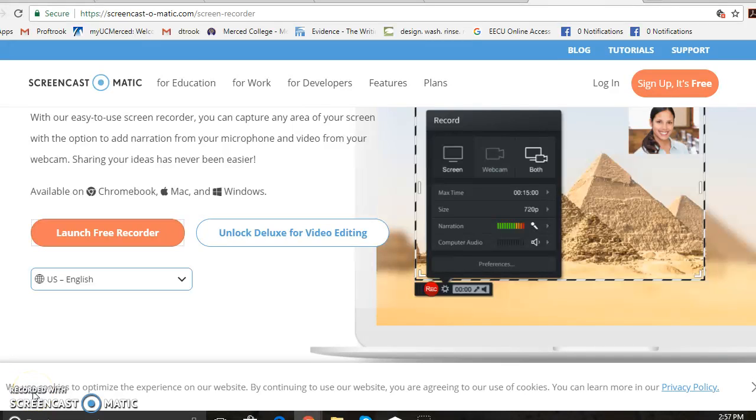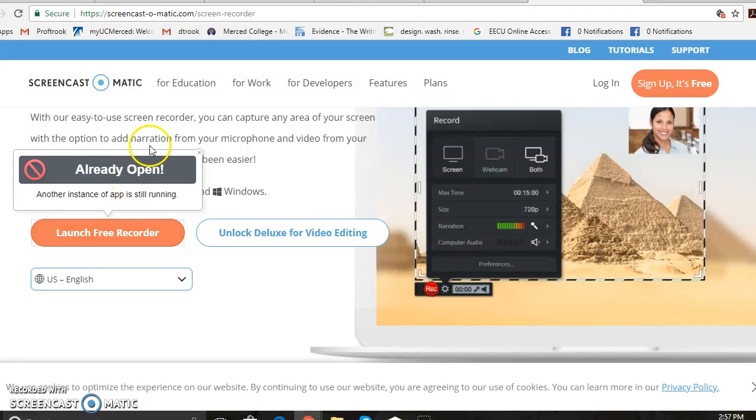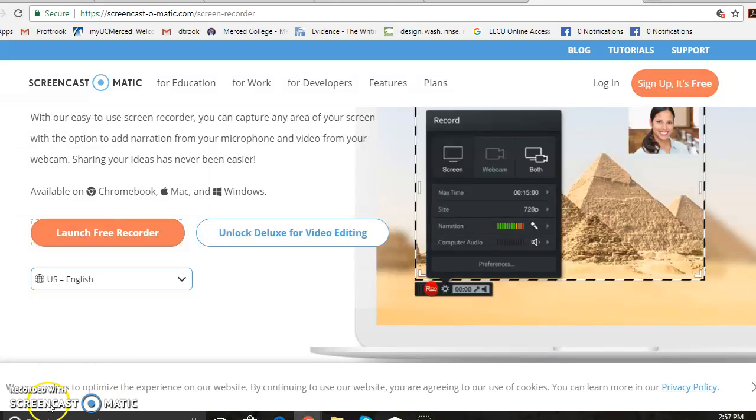All right, this is super easy to use. You just go to screencastomatic.com and press launch free recorder. It's already open, but it will download down here and then it will tell you when to click and open it. And then basically it opens like this, and it has a little record button down here that you press,